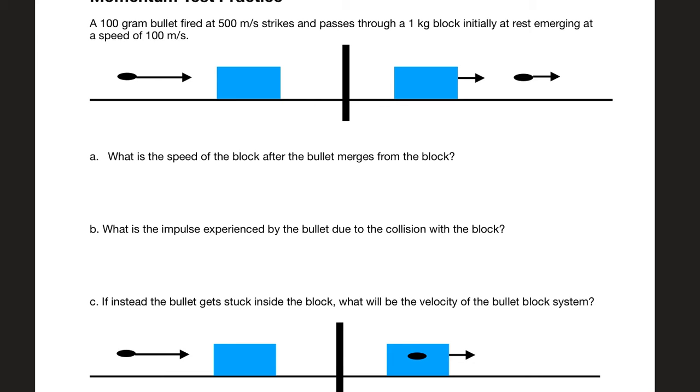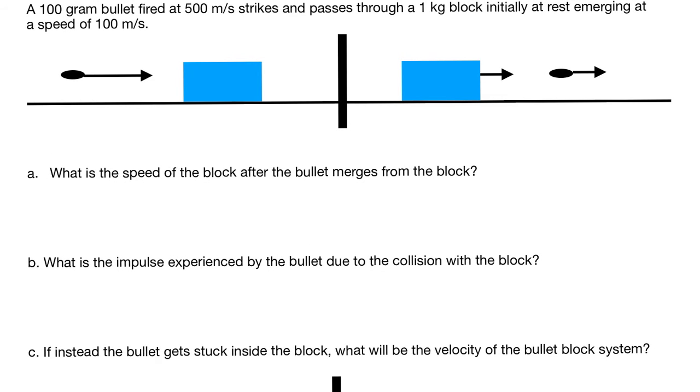Let's go ahead and begin. I think this first part of the problem is really pretty straightforward. I don't know that I would ask these questions the same way on a test this year, and I'll tell you exactly why. So in this problem, I have what looks to be a clear collision where the bullet's going